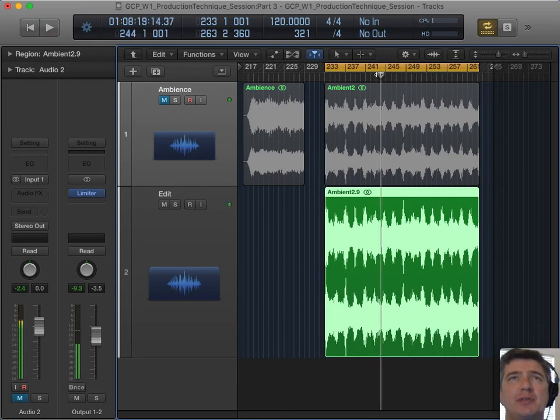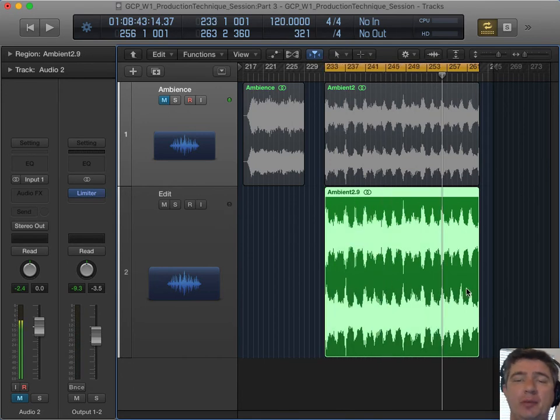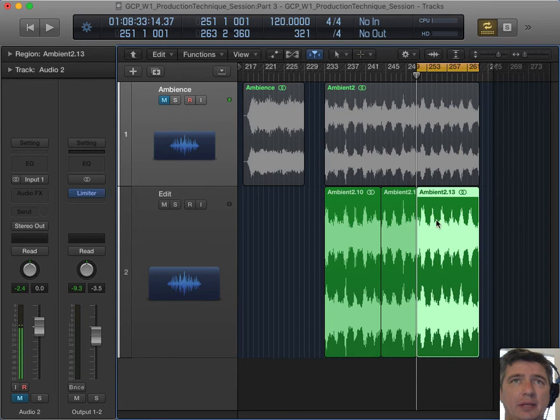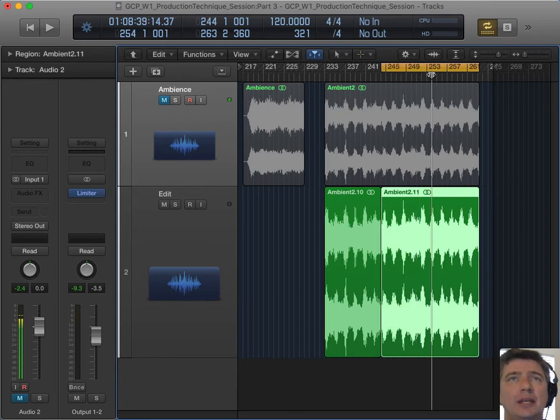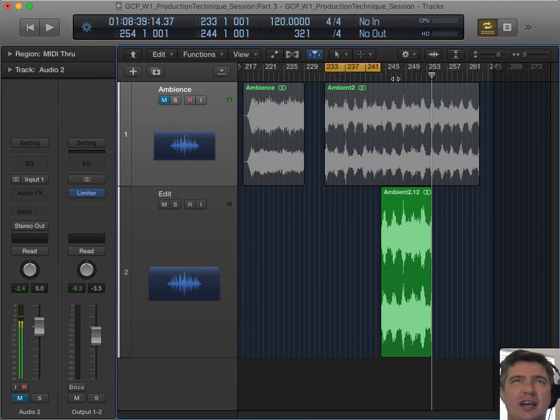All we have to do is find a chunk that we want to loop. And as I go through this, notice that I'm going to be doing this just blindly. I'm not even going to need to listen to it. It works even without listening to it. That's probably not a good idea because you want to know how it sounds and you want to make sure you're looping the right thing. But just to show you the overall process, this works just making the edits wherever you need. So I'm going to take a chunk. I'm just going to find a piece here. You need to take a chunk that's a little bit bigger than the final loop that you want because you're going to cut it down a little bit.